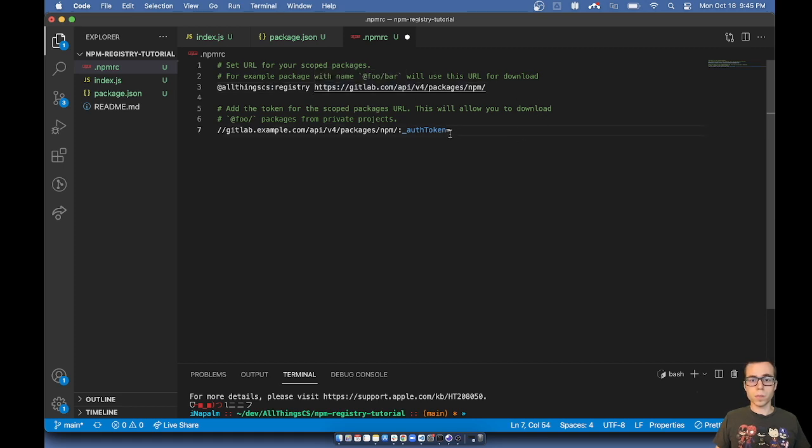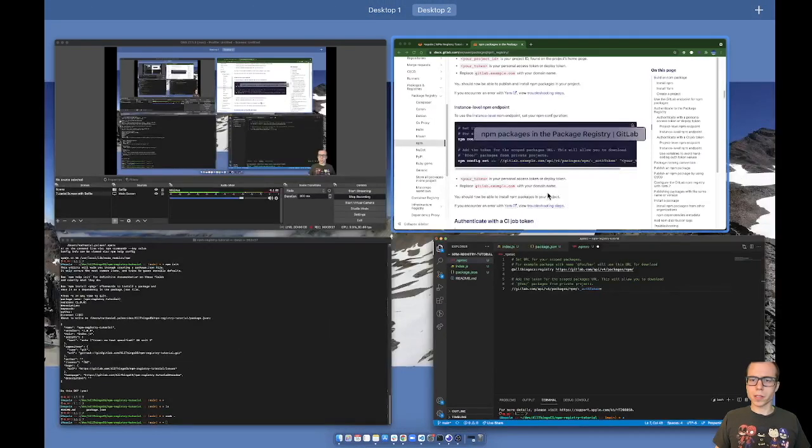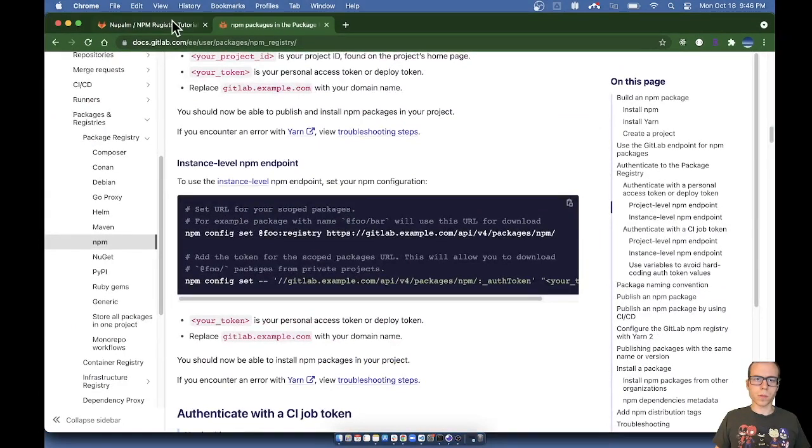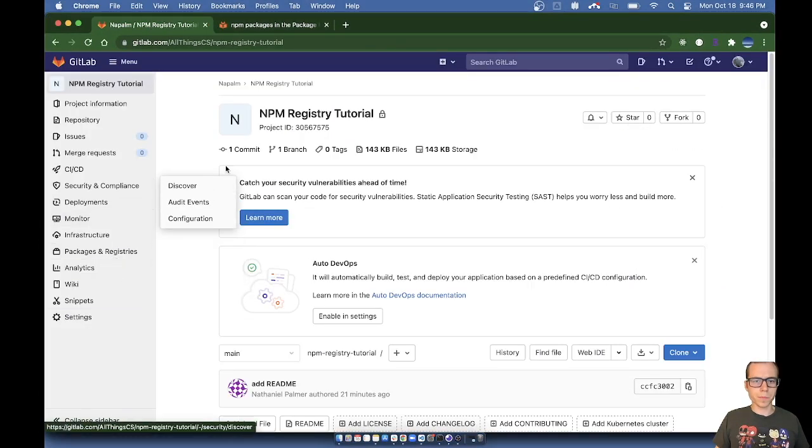And yep, looks good. So, auth token. What's the auth token, and why do we need that? So that's going to link it here. And so we're going to go over here to your project. So we're in our project right now. And then we're going to want to go to repository